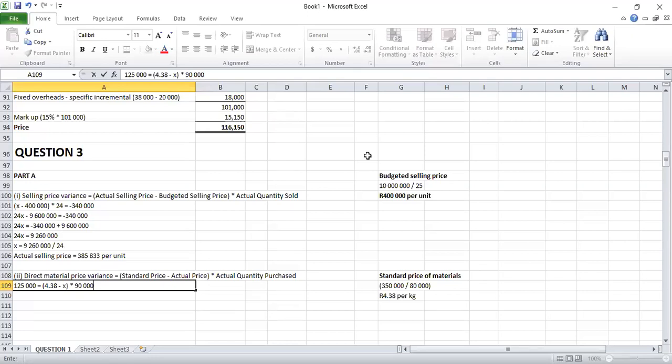So then we can have 125,000 is equal to, can you say 4.38 times 90,000? It's 394,200. Minus